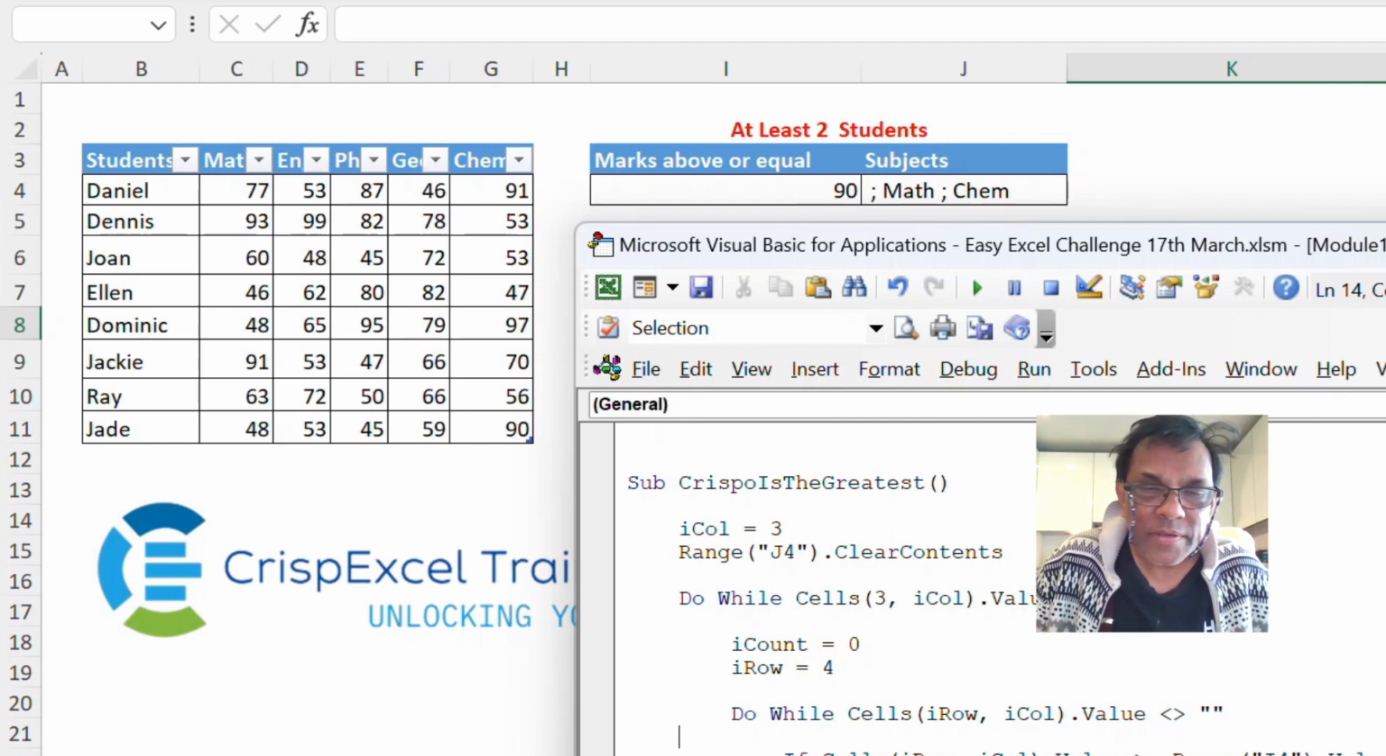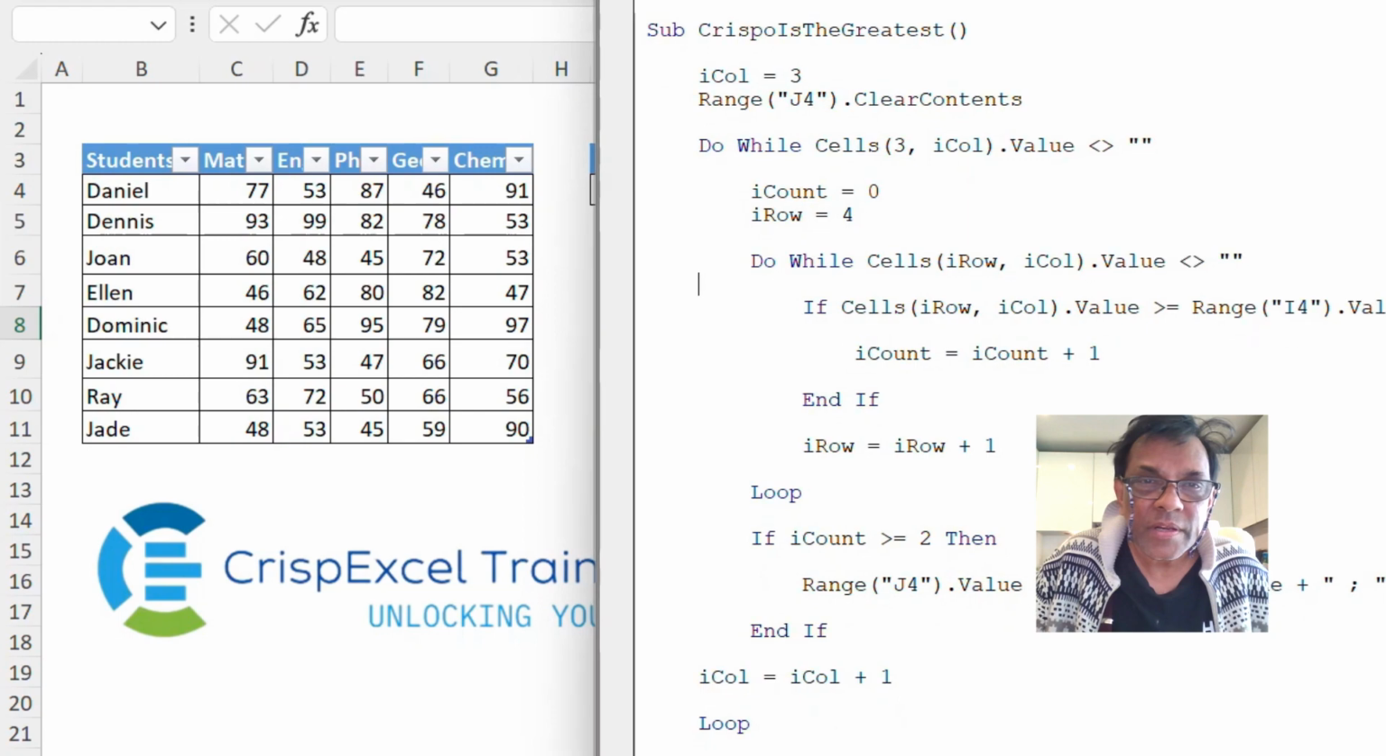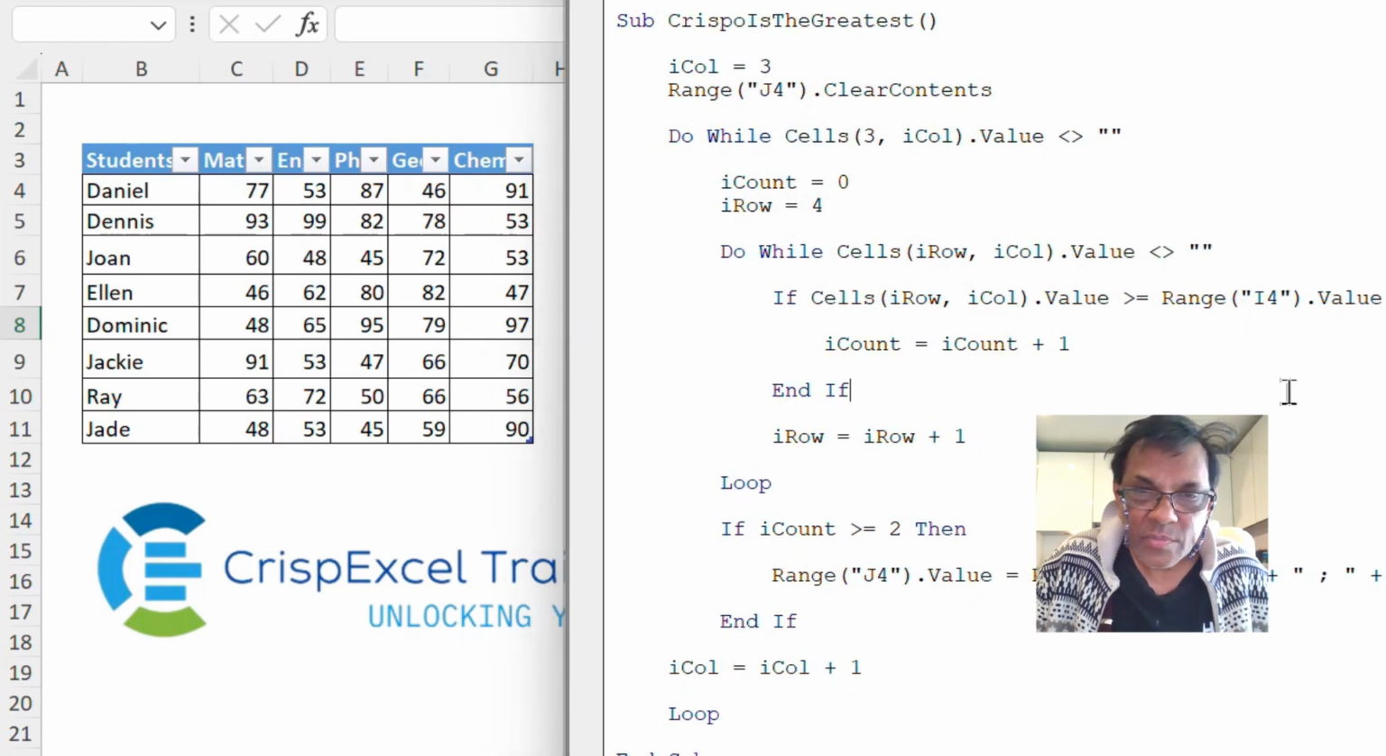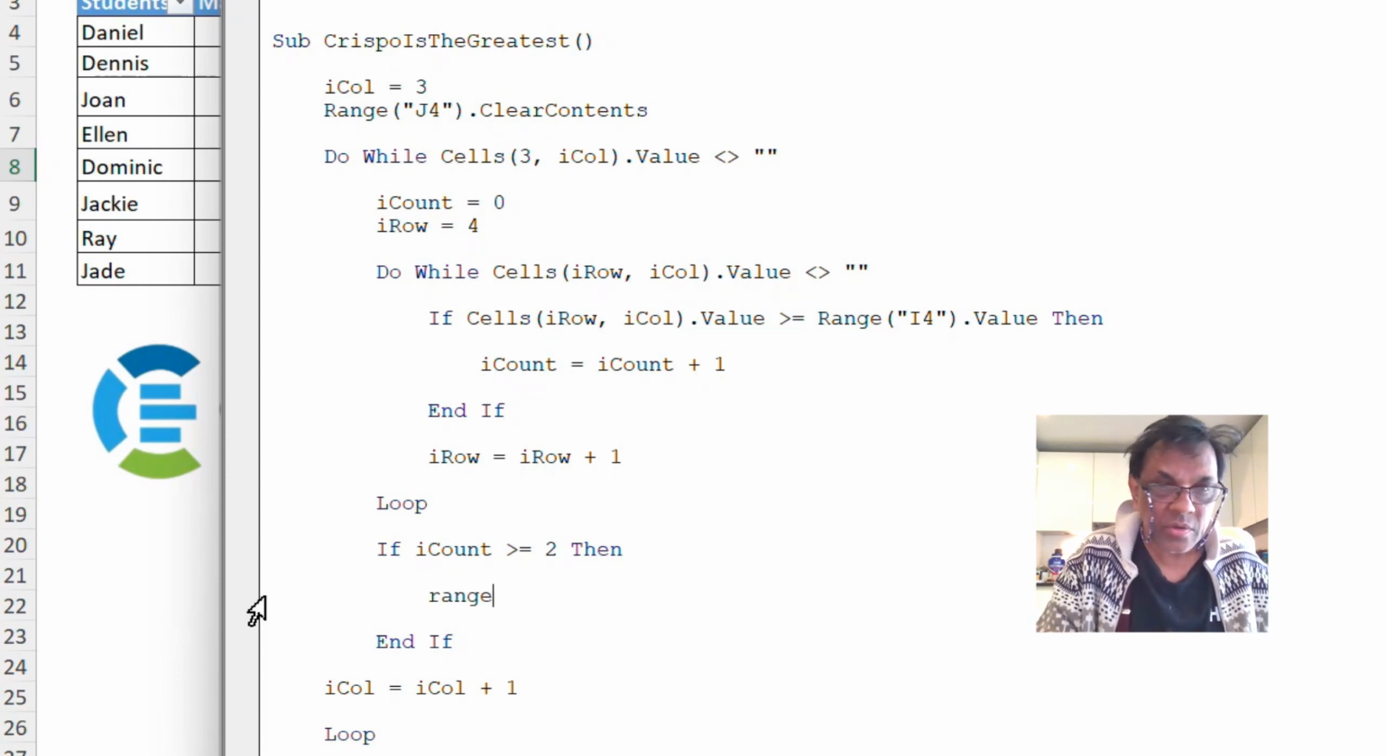But there's a problem there. It's not the problem that I was looking for. Not the problem I was expecting. So if it's more than 2, we want range J4